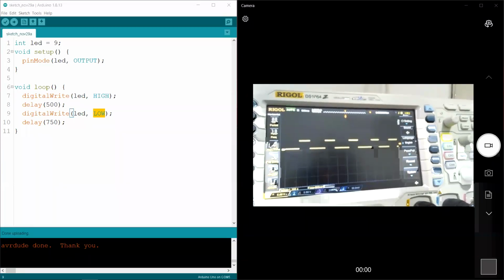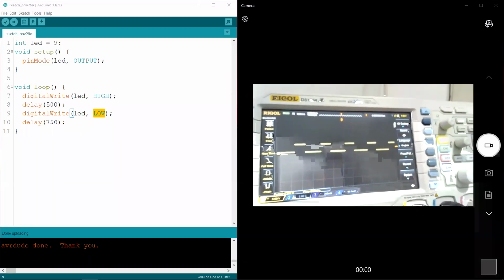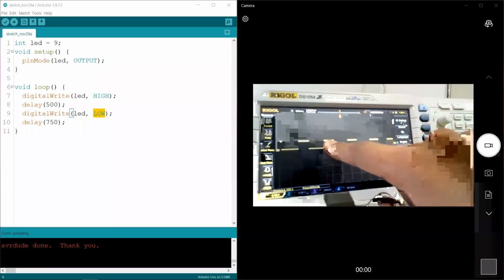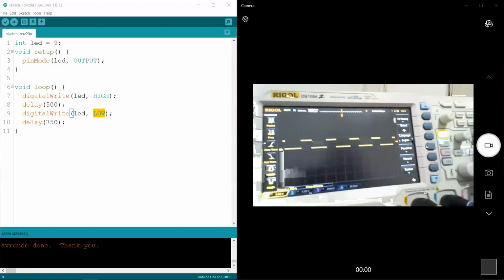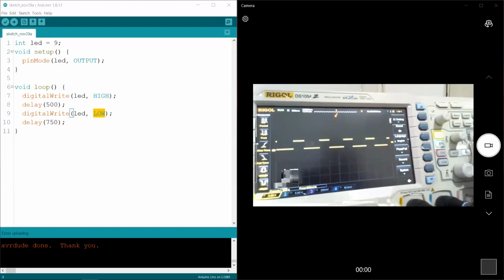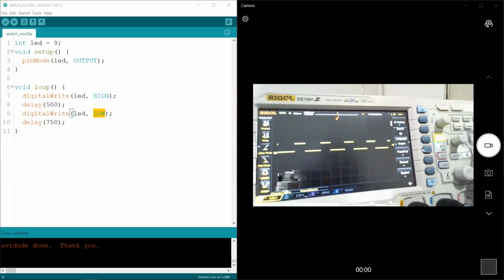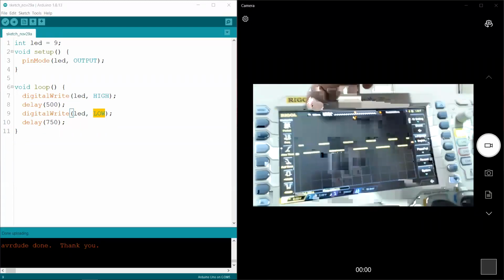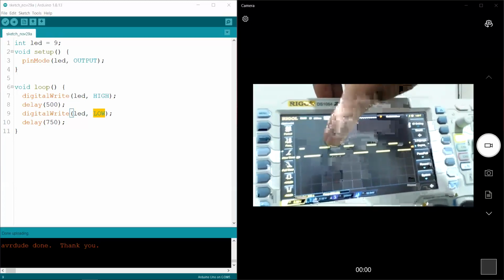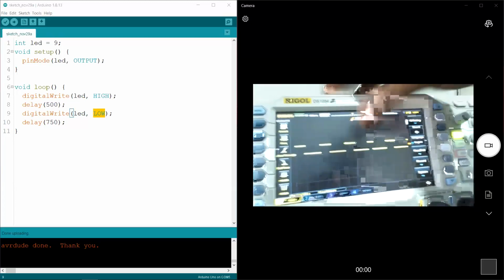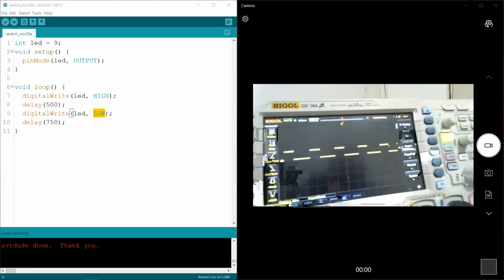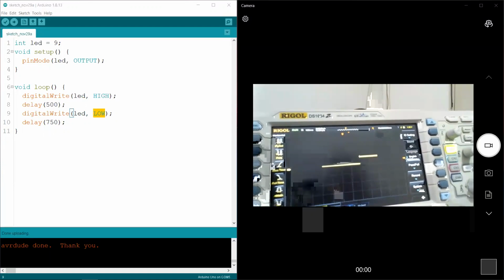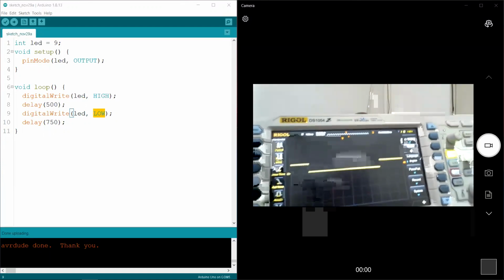This is the blink thing, right? So the on time is like 500 milliseconds, so you can actually measure that, and the off time is 750 by the looks of it. Yes, looks like that. We are on like 500 milliseconds, so this takes up like an entire square, so that is 500 and 750. And by further adjusting this, we can see how it is going to work.